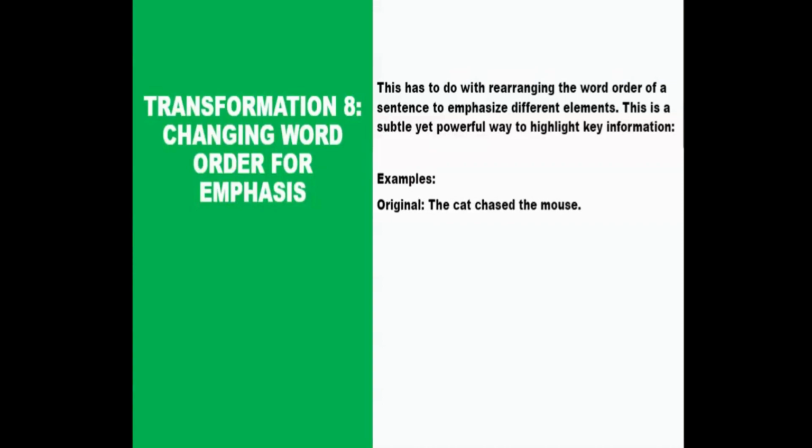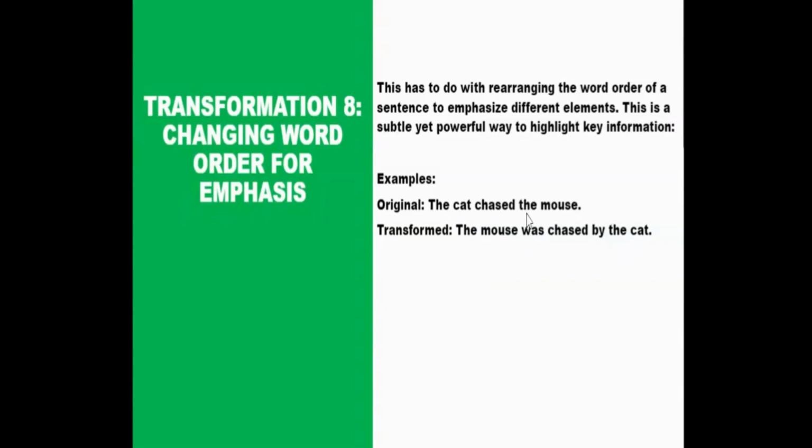Number 1, the cat chased the mouse. Let's look at how we can transform this. The mouse was chased by the cat. Of course, we earlier saw this when we looked at changing from active to passive. But what we want to highlight here is how we rearrange the word order. In the first sentence, the cat chased the mouse. The cat is the subject, and it occupies the initial position in the sentence, followed by the verb, and then